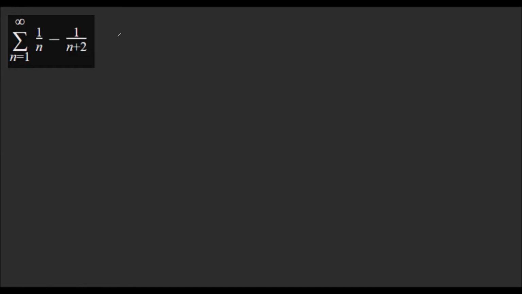Okay, so this is practice problem 1 of 2. At first glance, the series seems a bit similar to the last, but it's going to be a bit more confusing just based off this second fraction here. So what we're first going to do is equate this to the limit as n approaches infinity of the first term, which is 1 over 1. We can just write that as 1, minus 1 over 3, plus the second term, which is 1 over 2, minus 1 over 4,